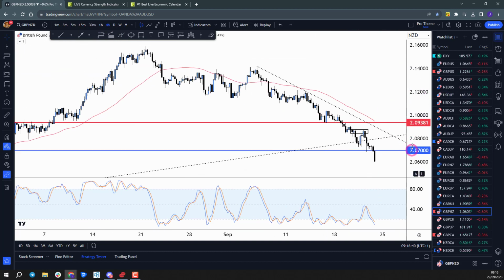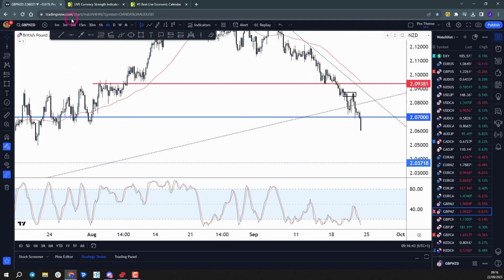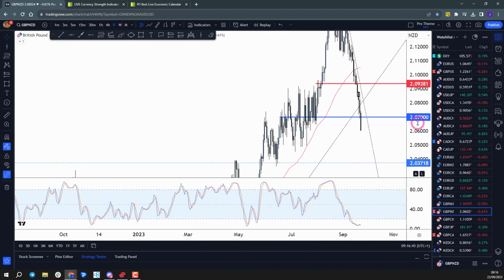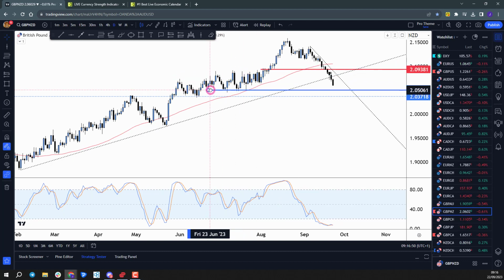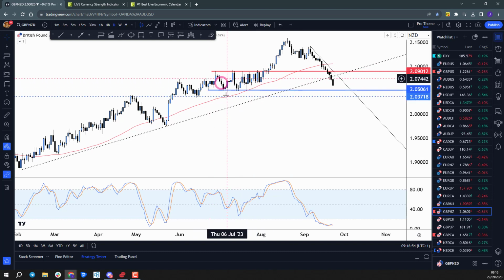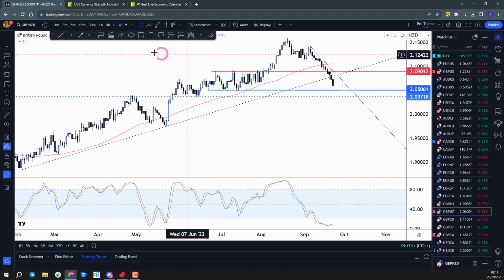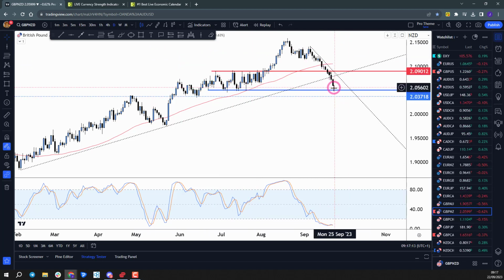Now, pound Kiwi is remaining on the table, so it doesn't mean that we can't look for further downside on pound Kiwi. In fact, it's quite an interesting market considering the fact that we've broken down through these levels here. So you can see this range that developed back between the 28th of June and the 2nd of August of this year, and price then traded outside of that. Price has now come back within it, so it's quite interesting to see that we've failed to see any kind of buy momentum from this level. Now, that to me means that we might see some further downside.